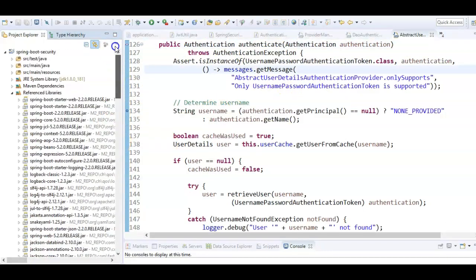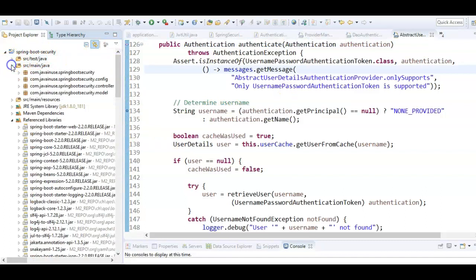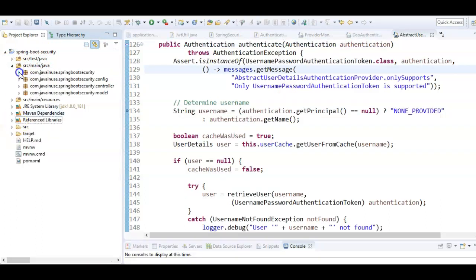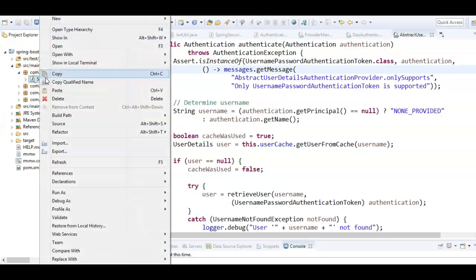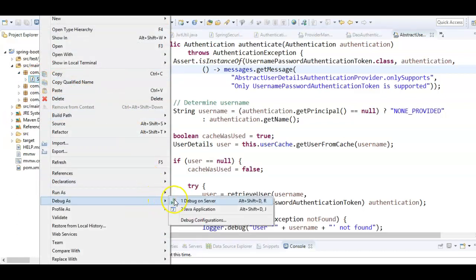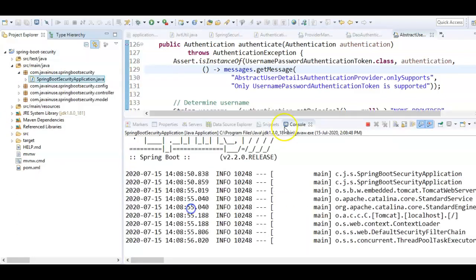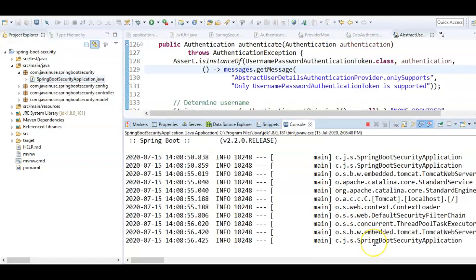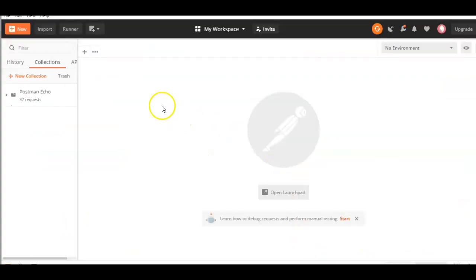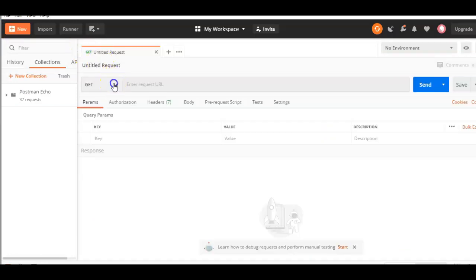Now let us start this application. So go to source main Java, and here go to security, Spring Boot security application, and debug as Java application. So here Spring Boot security application has started successfully. Next go to Postman. Here create a new request. It will be a post request.